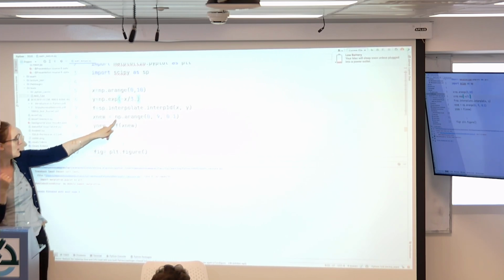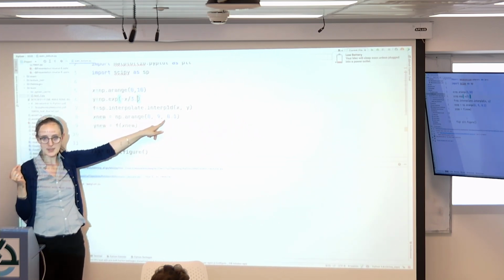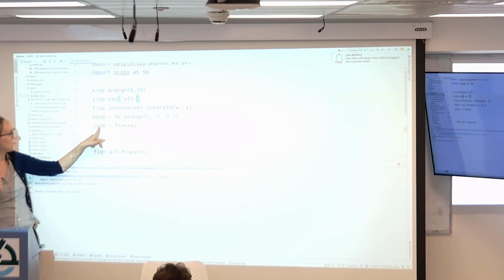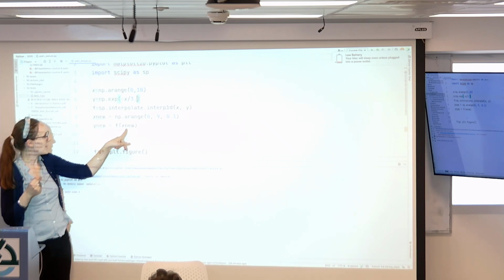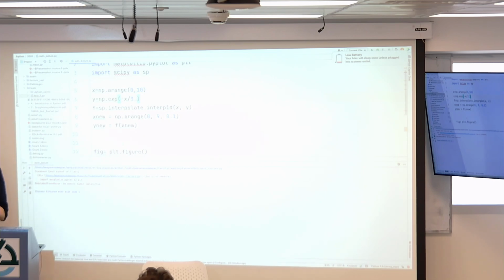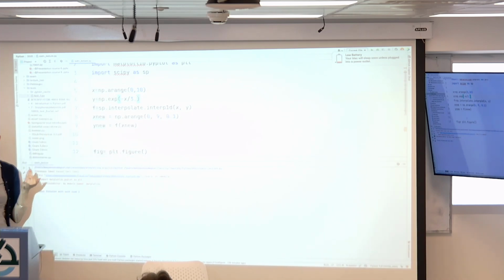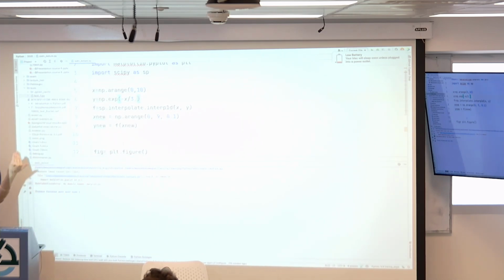So I defined here a tighter grid, going from 0 to 9 with much tighter steps. Now I'm asking Python to calculate the interpolation of this. Make sense? F is an actual function. So no, F is the interpolation. It is an actual function because what Python does is it tries to fit a polynomial. You can add here all kind of